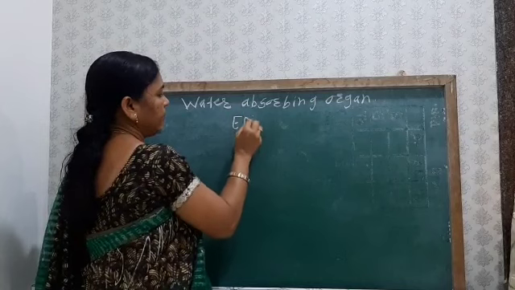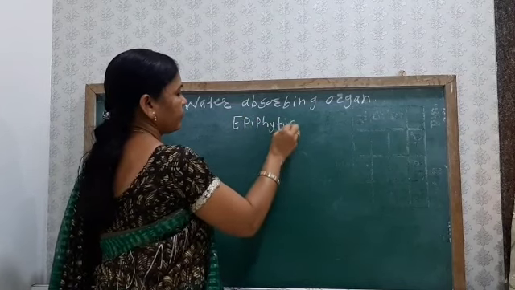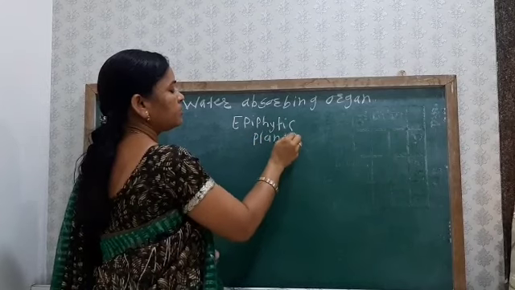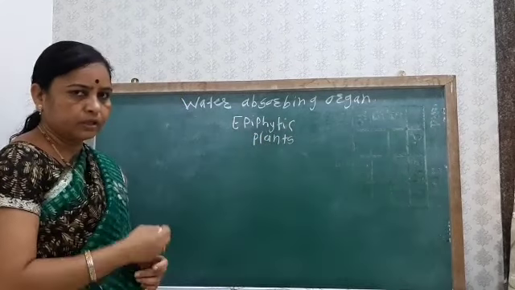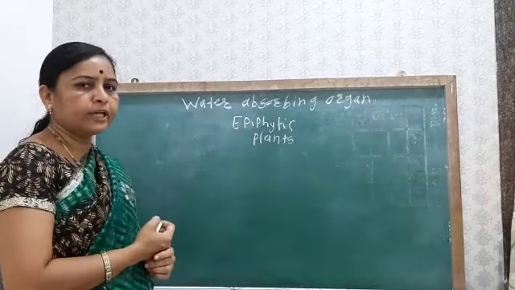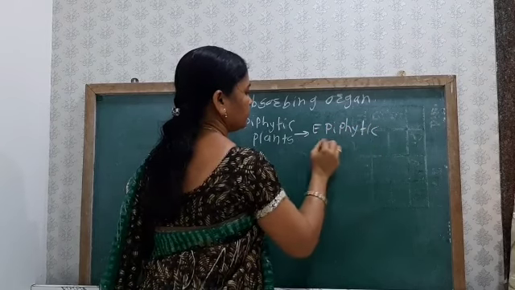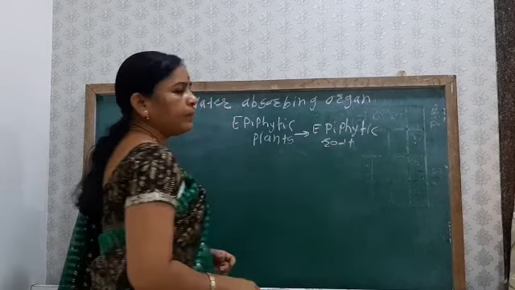So in the epiphytic plant, epiphytic plant means the plant which grows on another plant. Okay, that is the epiphytic plant which shows the epiphytic root. And this epiphytic root absorbs the water in the form of water vapor. Okay, and this epiphytic root has a special tissue system that is known as the velamen tissue.